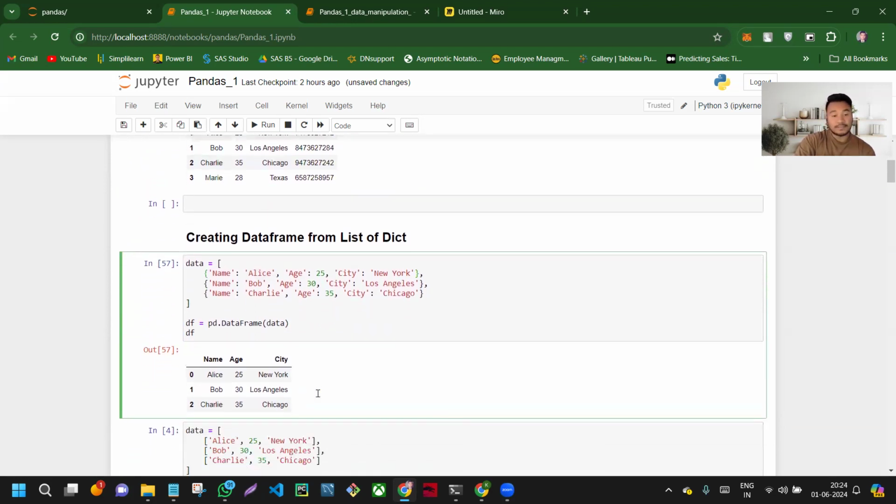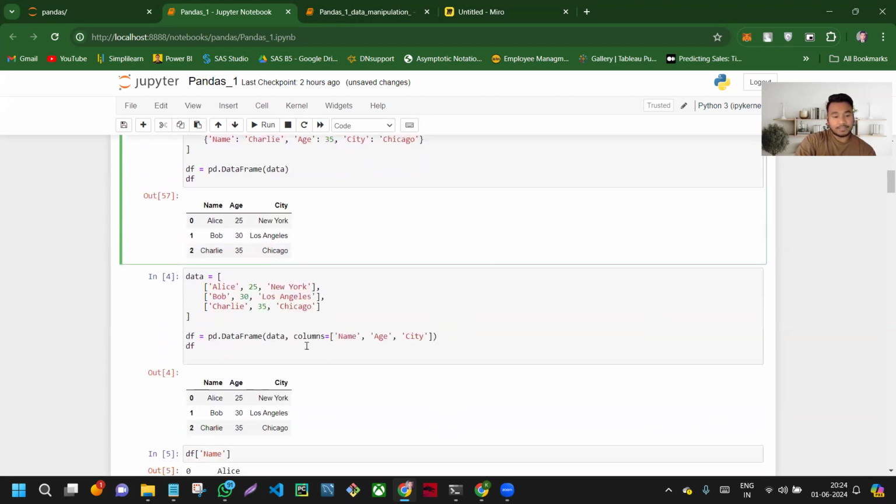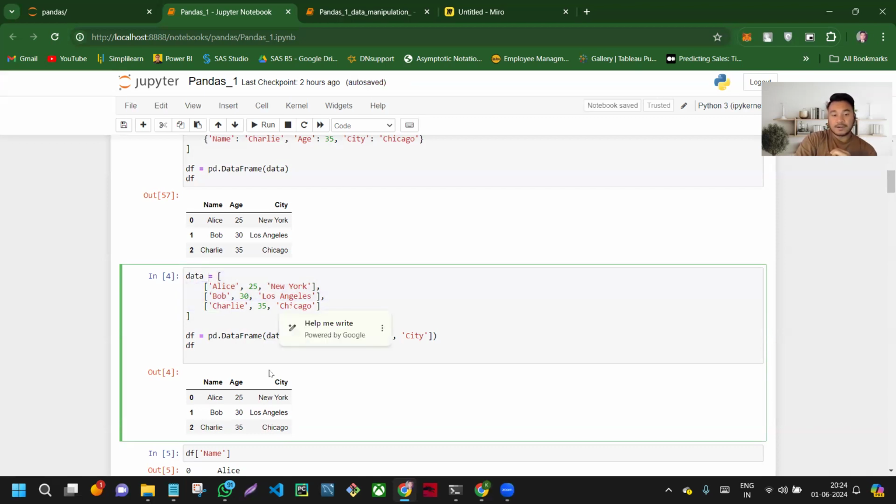Okay, so that's the second method, and the third method is that we can create a data frame using a list of lists. Basically, this is the outer list, and within it I have three different lists with values: name, age, and city. Now what I can do is pd.DataFrame, and I'll pass data, this list of data, and